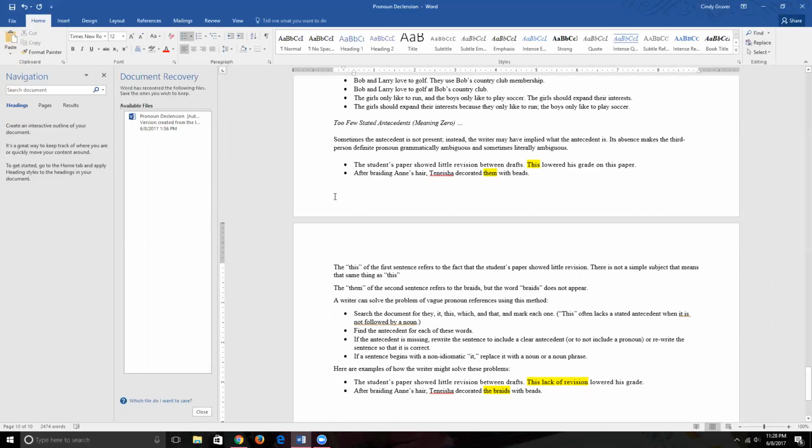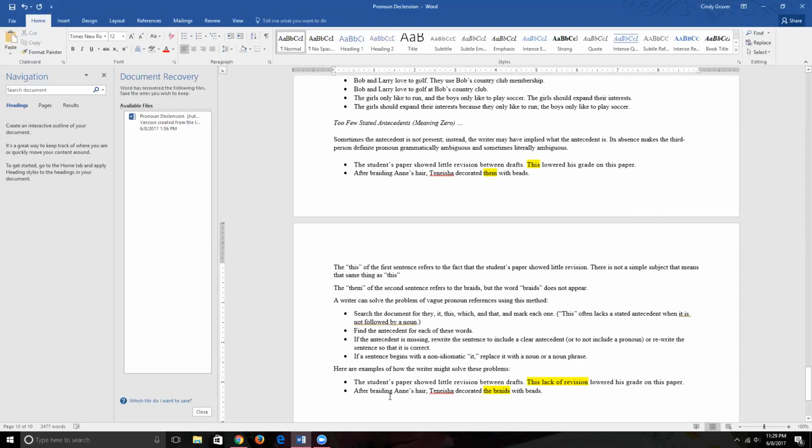Okay, so here's how we're going to solve the problems that we've identified up here. The student's paper showed little revision between drafts. This lack of revision lowered his grade on this paper. Okay. And this is a common solution, to just add a noun after the this. And here we have, this is our noun. And of course, this is a preposition, and this would be the object of the preposition. All of this together would be our complete subject. Our simple subject would be lack. And then our complete predicate would be lowered his grade on this paper, and lowered would be our simple predicate,